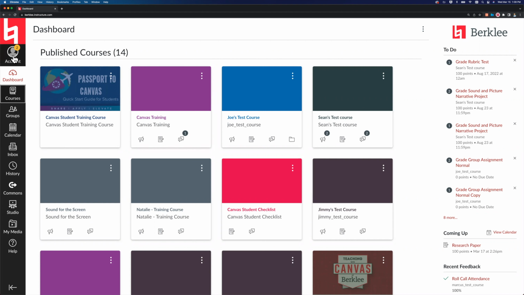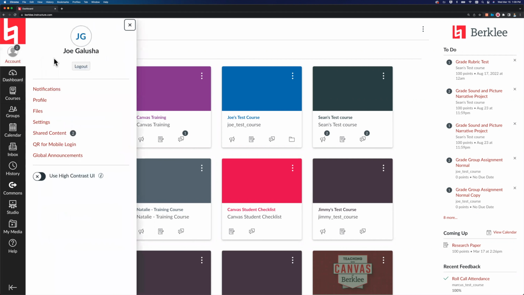Okay, let's take a look at this first tab at the top now. This is the Account tab. That'll pop out a little menu for you. We're not going to talk about all of this stuff here, just a few things. Notifications. You can configure notifications in general for your account in Canvas, but you can also change those notifications up by specific course if you want notifications for a specific course to work a little bit differently than your default